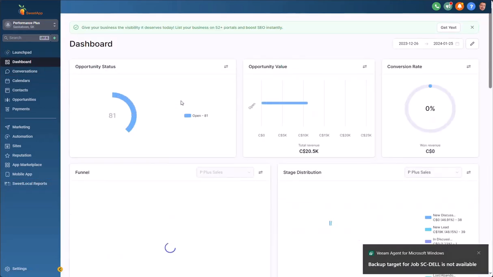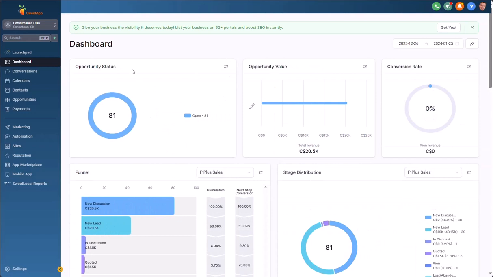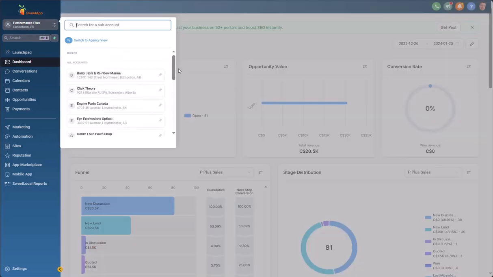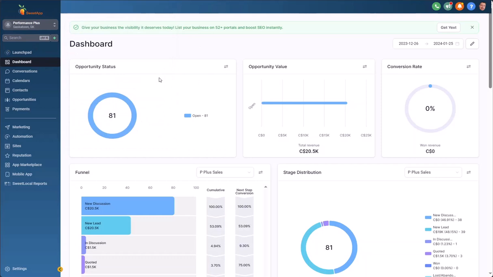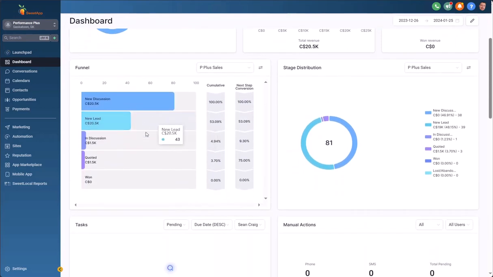So you should be able to come in here, and you have three dashboards because you're operating three brands as if they're separate companies to customers. So you got Performance Plus, but you could switch over to Moser or ProCharger as well. But in these dashboards, immediately there's a problem on this one, for example. There isn't really, because we haven't trained the guys on how to use SweetApp in the correct way, I guess I'll say,